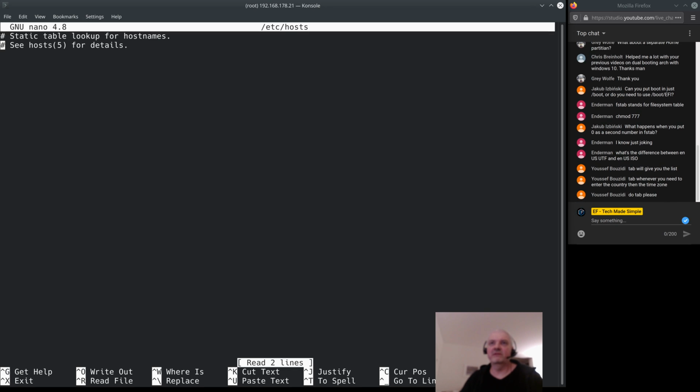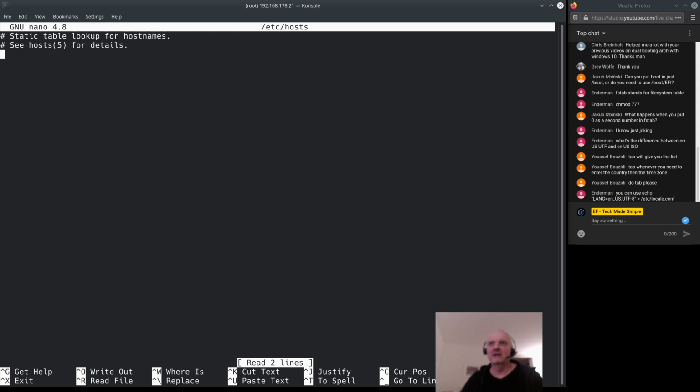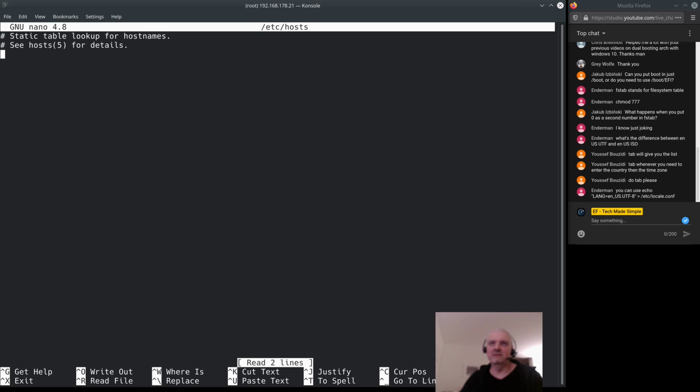So for example, if you have a static IP here, this is the time to put it in. You can put in your static IP, connecting it to one domain, and basically your machine is going to be configured like this, but we don't have a static domain. I certainly don't have one right now. So I'll just fill it up with standard information, which is also provided by the wiki, which is